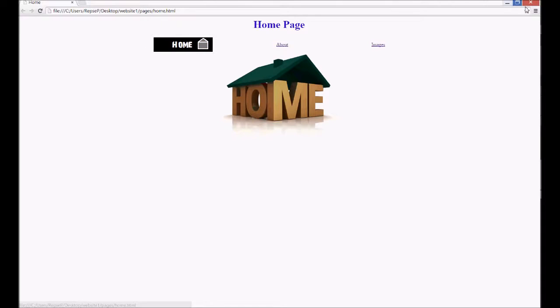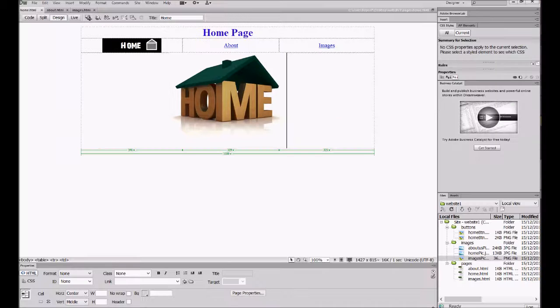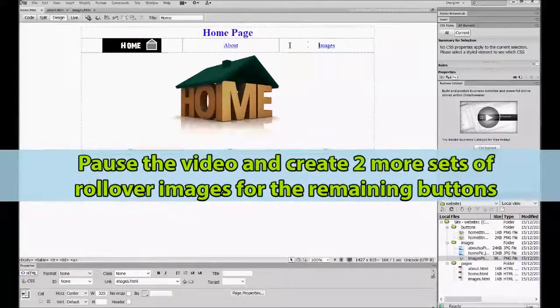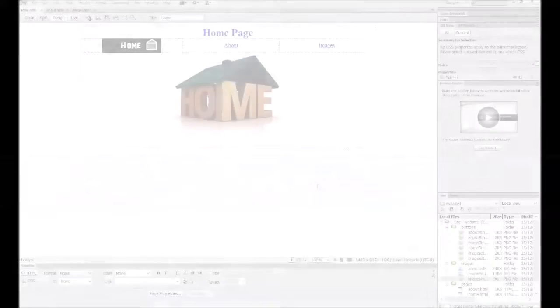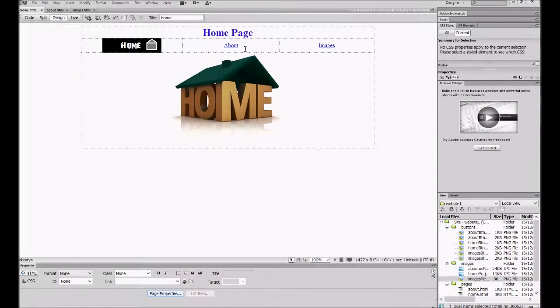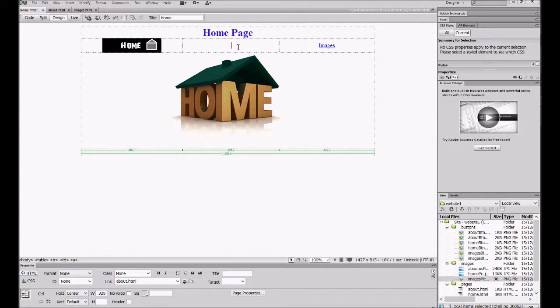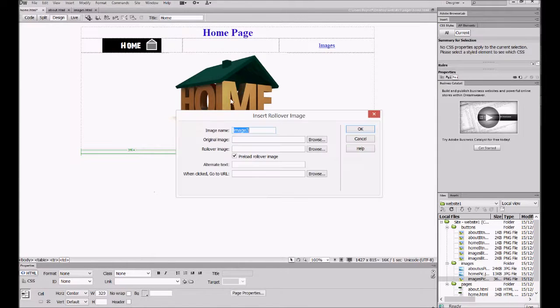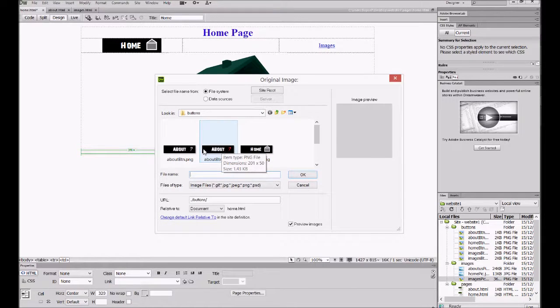Now, what I want you to do is create 2 more rollover images for both of these. Once you've created your other rollover images, time to put them in. So delete about, insert image object, rollover image. We're going to call it about button, browse, find the about number 1, browse, find about number 2,